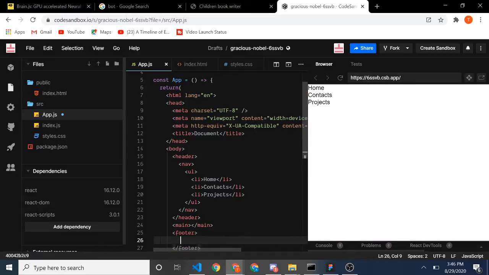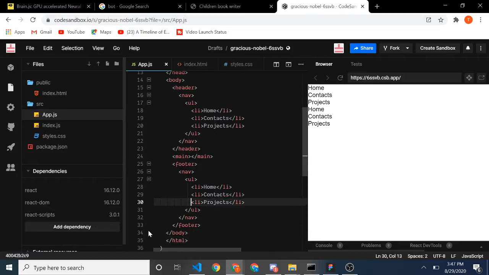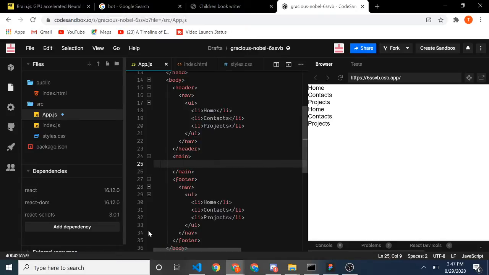So you can have this, and we can copy all of this code from nav, and make another navigation. Because this is only a sample, we don't have a real home, contacts and projects page. If we have enough time, we can make these pages. The idea is to get Brainjs working, and we can make some pretty interesting machine learning models. So in our main, we're just gonna open and close this color brackets,